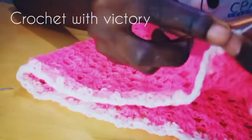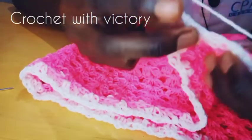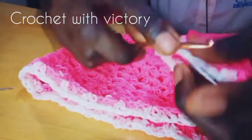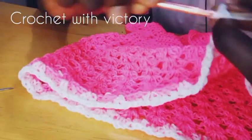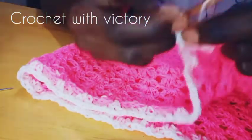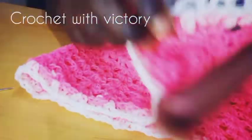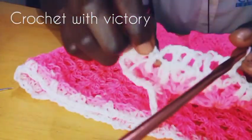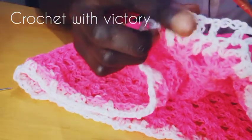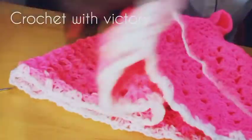Then I'm going to chain 3 and go straight to the V stitch, the next V stitch, and I'll put a double crochet, chain 1, double crochet in the same V stitch. See? So this is how it's going to be. It's bringing kind of a design of its own, but it's also cute. So let me show you